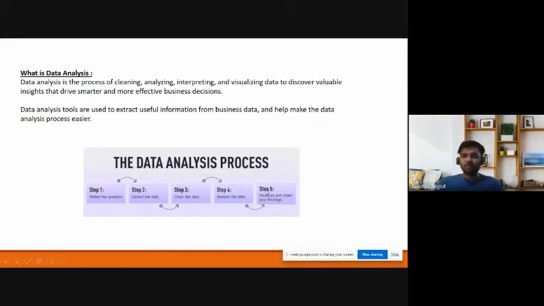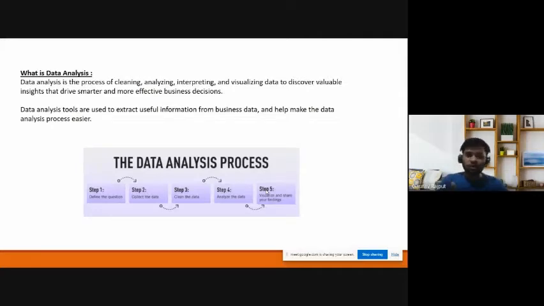And the fifth step is visualizing data. Once you analyze data, not everybody would like to see your data in a table format, in the output of a select statement, right? People would want to see it in some kind of pie charts. People would want to see it in some kind of graphs, right? So that visualization is the next step in your data analysis process. That's the end step, that's the consumer that you have. That consumer will use your visualized data, because you cannot go to the CEO and say, okay, this is my select statement, look, the output looks like that.